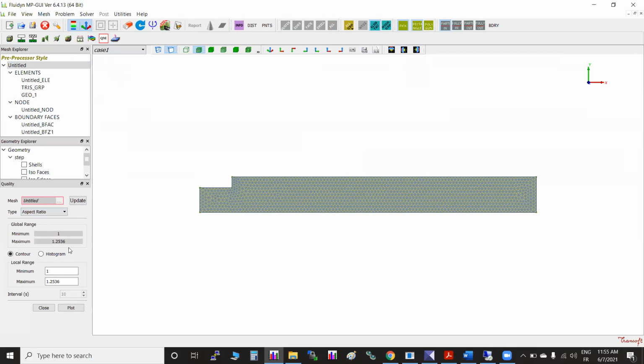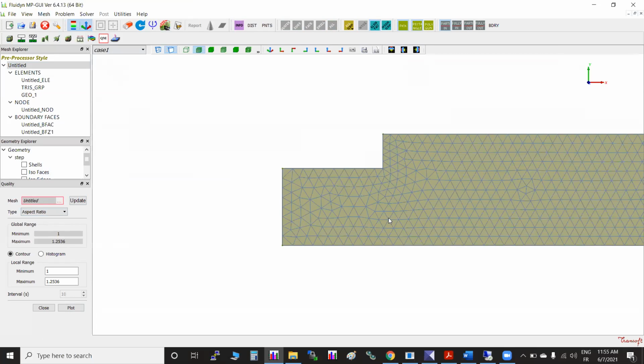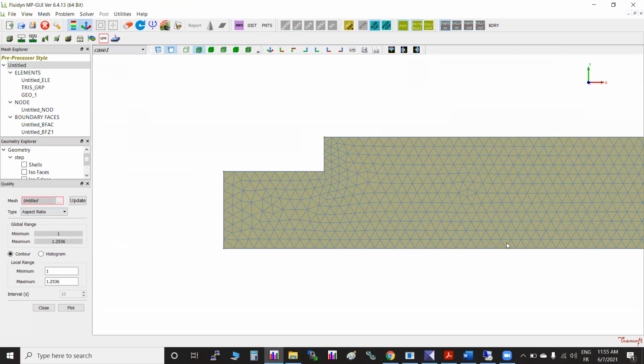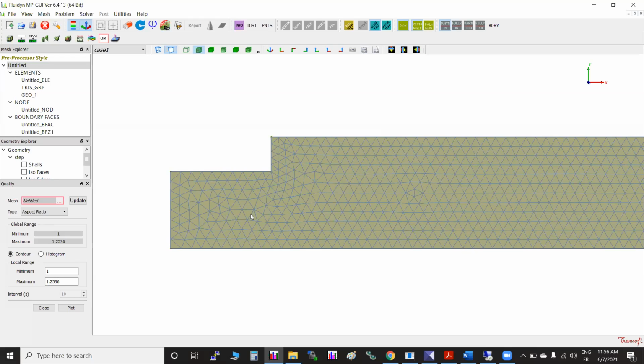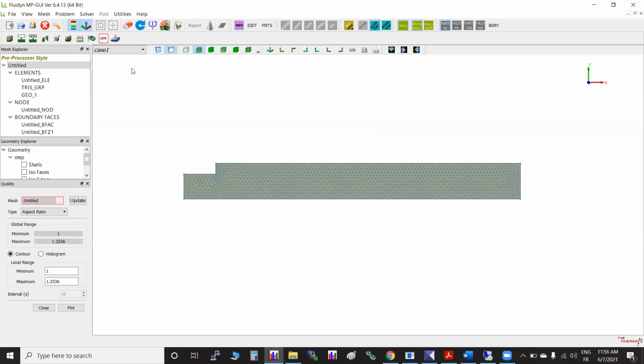So it is showing aspect ratio 1.25 maximum. So there are some elements which have slightly larger dimensions. Okay, maybe you can zoom and check. Right. So like that, we can check the quality, skewness, those things we check for a 3D mesh. We will see it later.